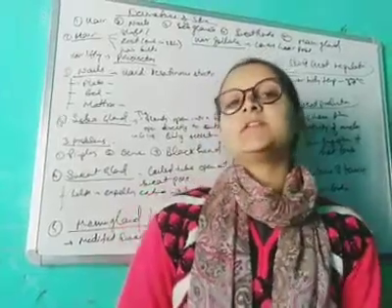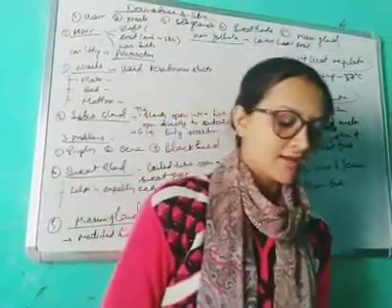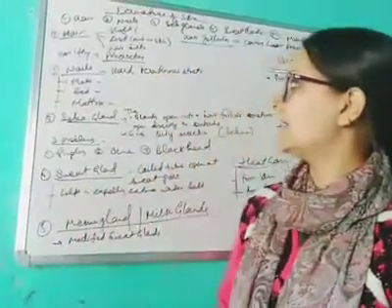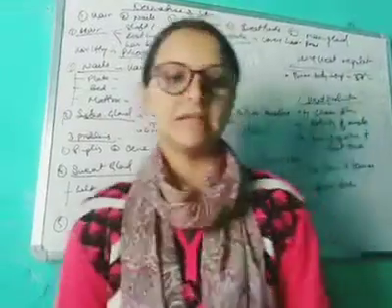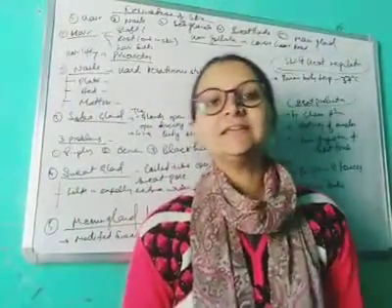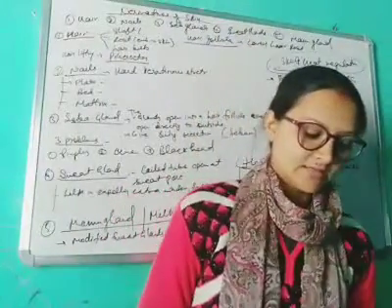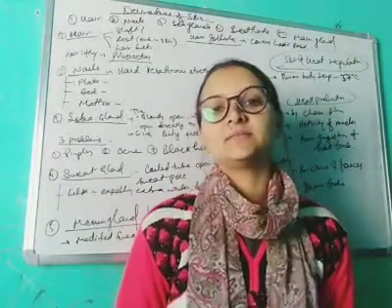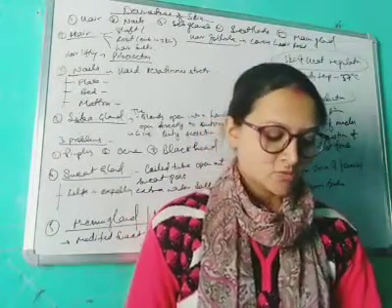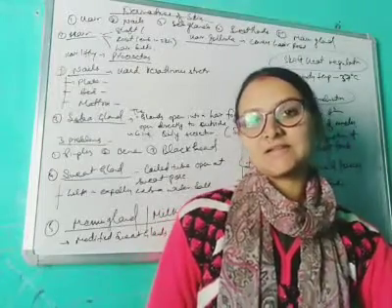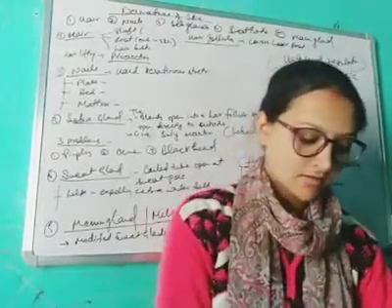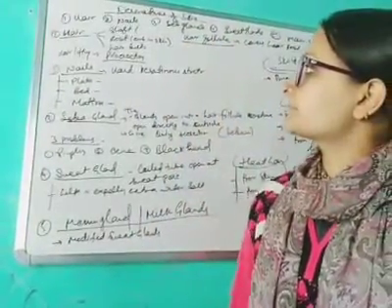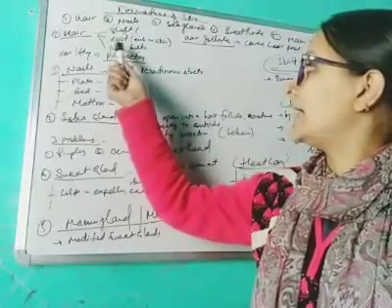Next there are derivatives of the skin. The derivatives of the skin are hair, nails, sebaceous glands, sweat glands, and lastly mammary glands. So firstly let's talk about hairs. As you know very well, we are mammals and all mammals have hairs all over the body. Hair consists of three parts. First is the hair shaft, another is the hair root, and another is the hair bulb.